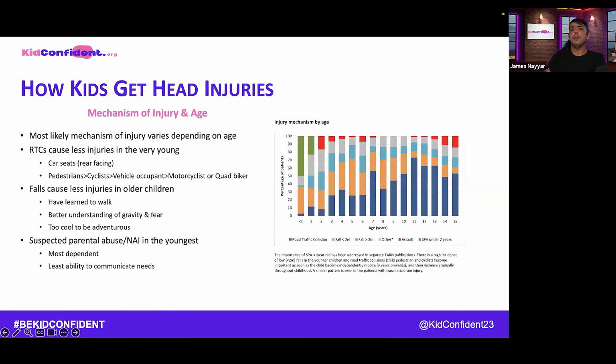There we go. So yeah, this is a different version of the same graph, basically. And as you can see from here, the most likely mechanism of injury varies with age, coincides with the children's development and the environments that they're in. I am labelling this point, and you'll see why in a minute. But suspected parental abuse is so common under the twos, especially under 4 months, as we saw before, because this is when children are the most frustrating for their parents, and the parents have the least experience of how to deal with that, especially new parents.